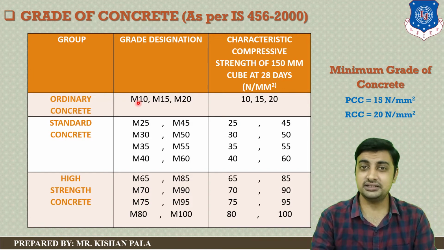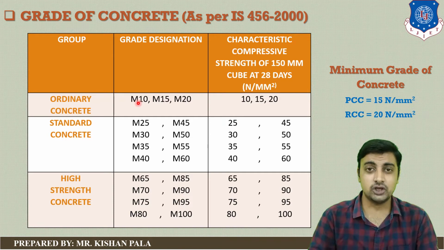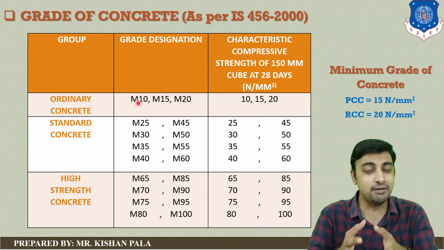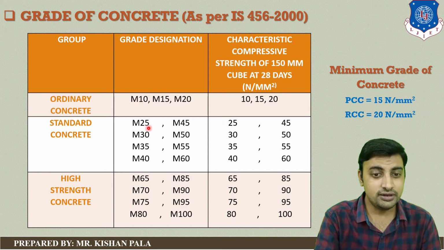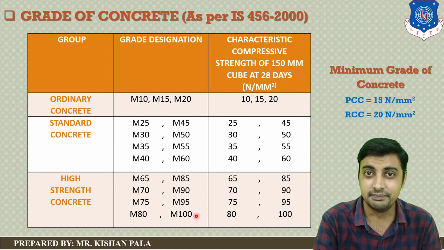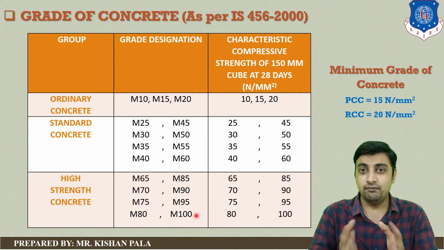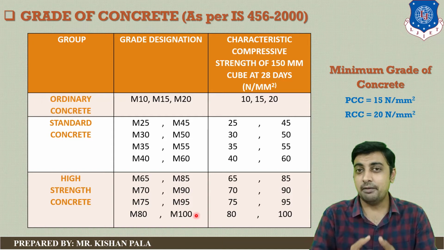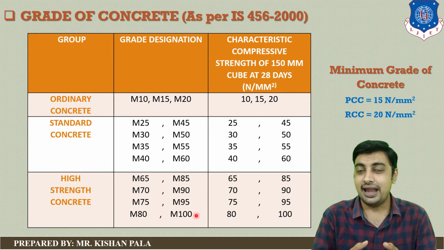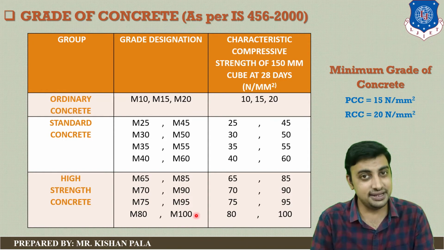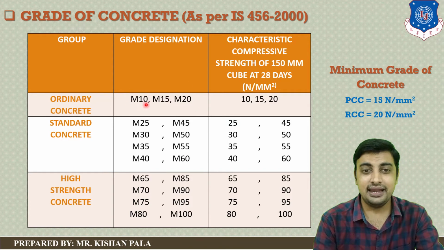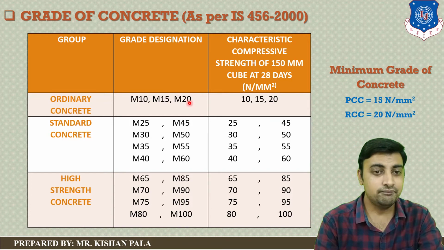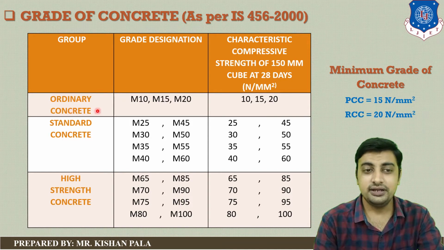As we earlier discussed, what is M10? It means your concrete will give you a minimum compressive strength of 10 Newton per mm square at the end of 28 days. What about the M100 grade of the concrete mass? It means the concrete mass will give you a minimum of 100 Newton per mm square at the end of 28 days. So you can see all the grades M10, M15 and M20 are covered with the ordinary concrete,